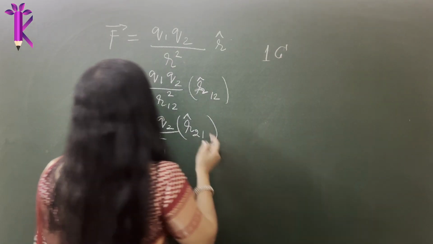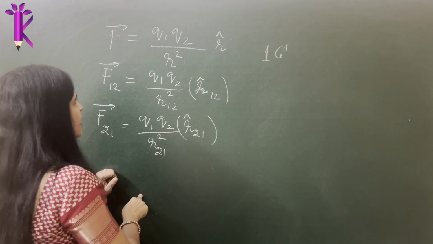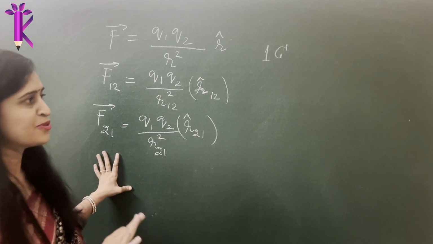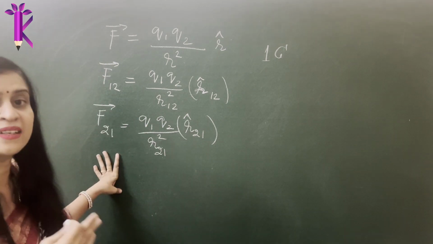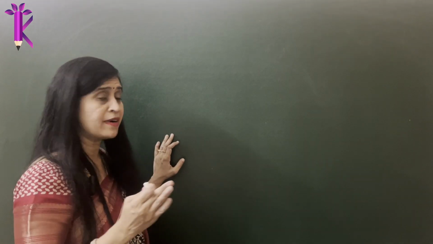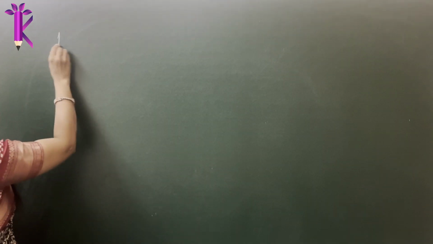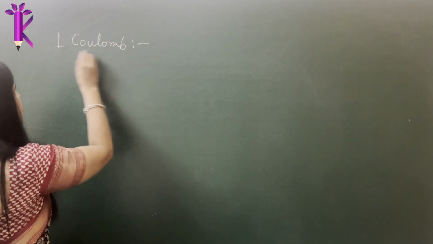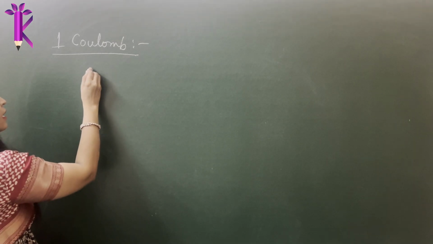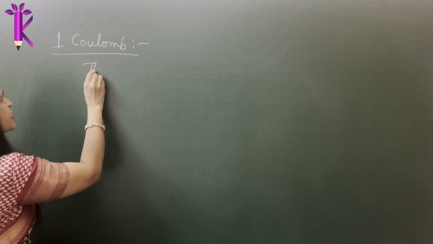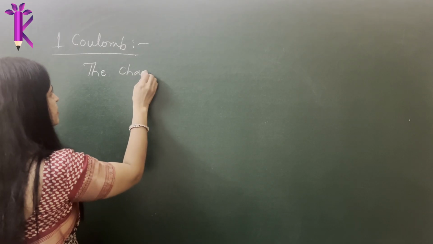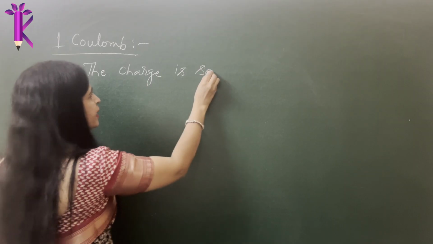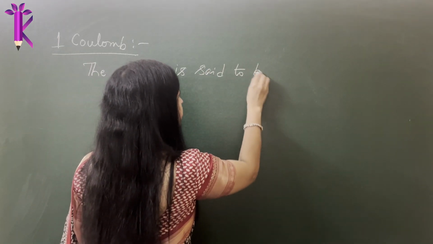So how do you define 1 Coulomb? Imagine this is 1 Coulomb. I better write it down so it becomes really easy. I'll erase this part and write it down. What is the definition of 1 Coulomb? It's a very important 1 mark question, numerical, or it can come as an MCQ. So 1 Coulomb is defined as the charge that is said to be 1 Coulomb,